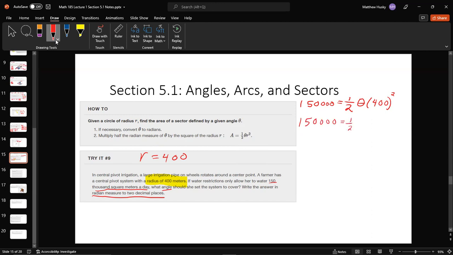So that's 1/2 times 160,000 times theta. And if we multiply that by 1/2, now we have 80,000. And then if we divide both sides by 80,000,